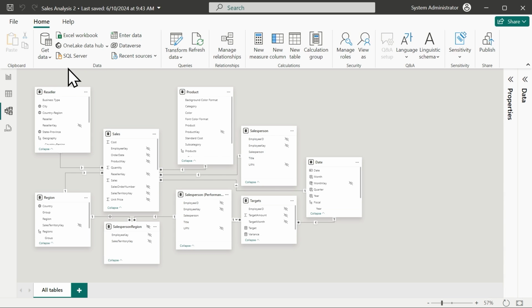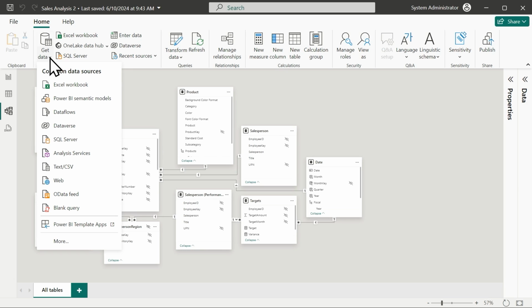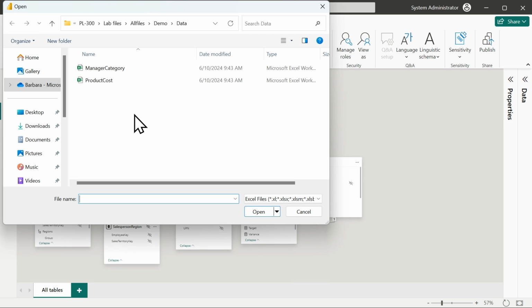But as we look at this, I think there's a few things that I'd like to add to it for our report. So I'm going to go up to the top, and I have an option here to get data. I'm going to choose that. There's a lot of data sources. About 190 data sources that Power BI can pull in. And the one I'm going to choose is just the one right here, Excel Workbook. I could have gotten it off the ribbon too because it's at the top there. But I'll choose the Excel Workbook.